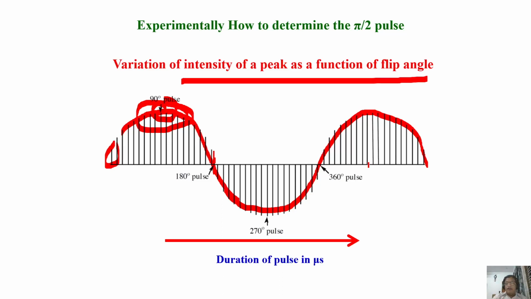I can take it slowly, increase the width. Now angle become 95, 100, 120, 180. Keeps increasing 200, 250, 270. Then come back, so you can make the spins to oscillate. The magnetization keeps on rotating in a particular plane. So, if I have a detector somewhere here, let us say I bring the magnetization to x-axis. My detector is along x-axis.